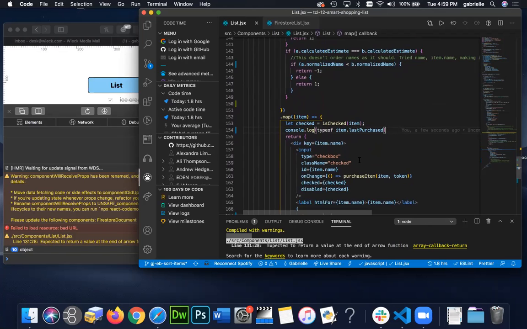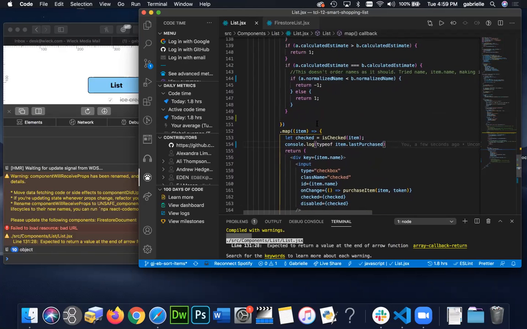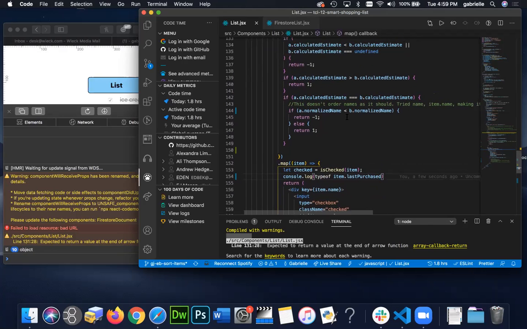Yeah, because all we really had a chance to do so far is get it sorted from least to greatest based on the calculated estimate. Not pretty yet. We have to make it look nice. But we haven't got it out. The alphabetize isn't working yet. We have to work on that. And